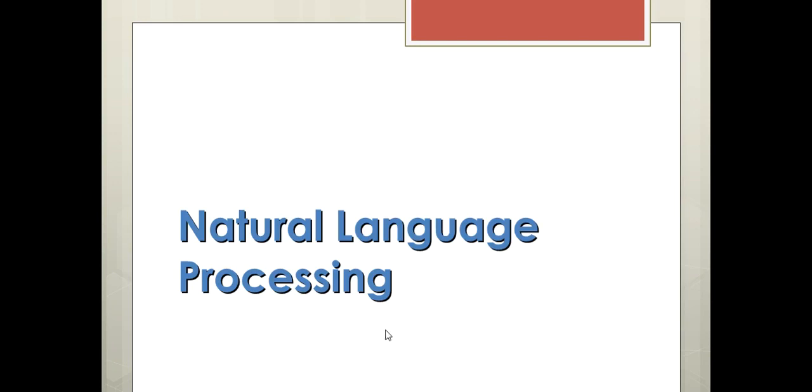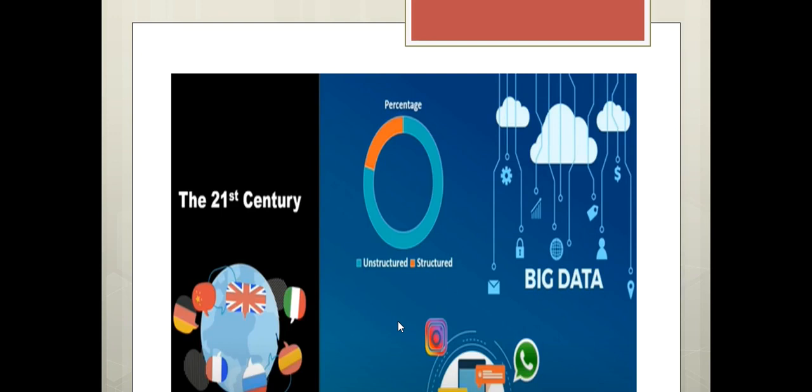NLP is a concept which is interrelated with text mining. I will let you know in further videos how they are interrelated. As you can see in the pictures, data is being generated from different sources nowadays. We daily use WhatsApp, Facebook, Instagram, Pinterest, different social media applications. These applications generate a vast amount of data, and the data generated is generally in unstructured format. Unstructured in the sense that it is not saved in a proper way, so it is very difficult to manage such data. Here big data comes into the picture. How NLP and text mining are related to this, we will see in the further slides.